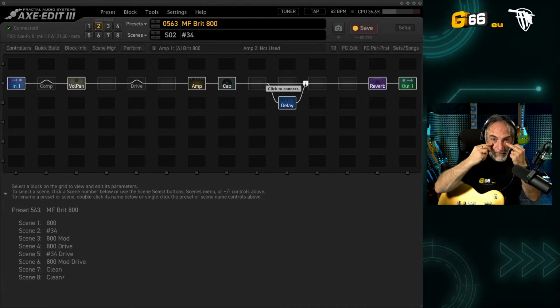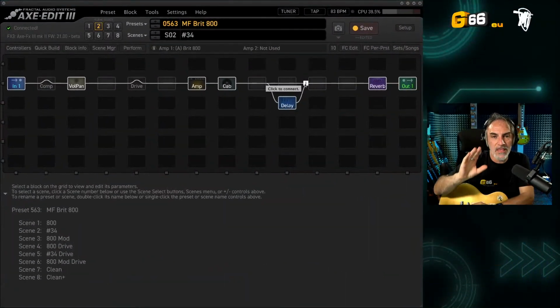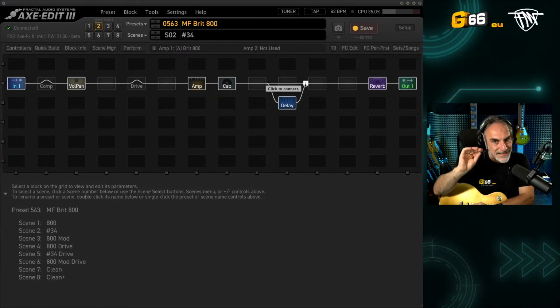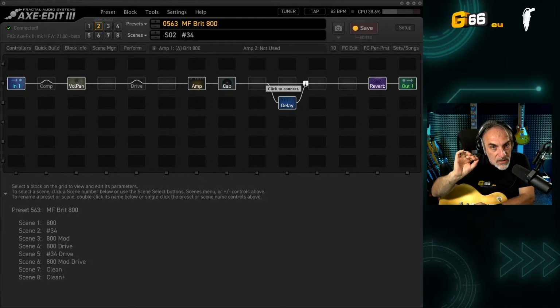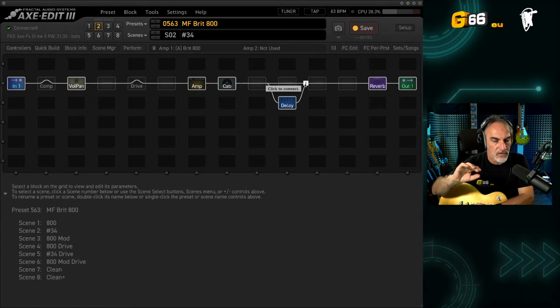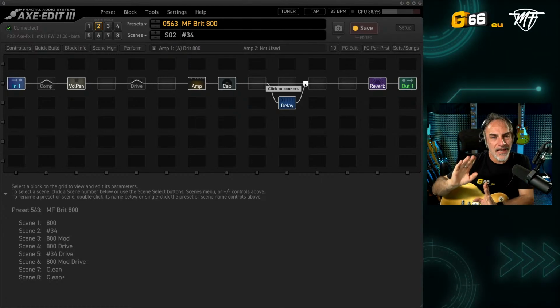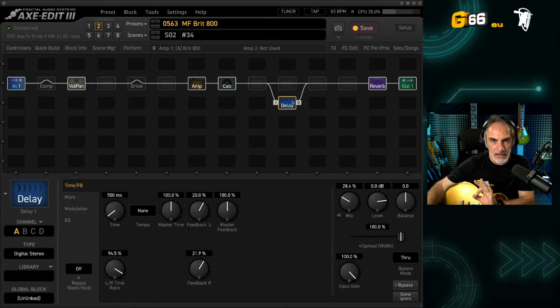please follow me. Look at my eyes, guys. You have to understand, because this method needs you to understand very well the logic of the routing. Because if you don't understand the logic behind this routing, you create a mess. Okay? Because when you connect the effect in parallel, as you can see here, the